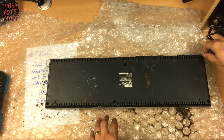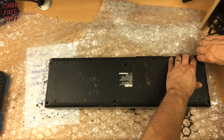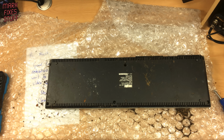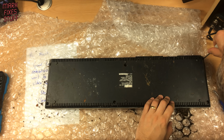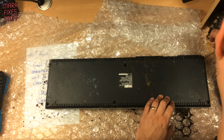Ah, right, the original problem was it's just like a really manky screw. Might actually need a flat end in there, believe it or not. See if I can get a flat end into there because there's so much crud. Yeah, that'll do it. The flat end will do it. I'm not very good with bugs either, so...